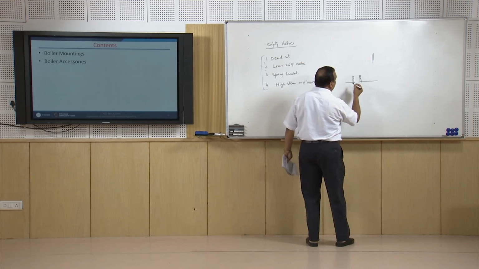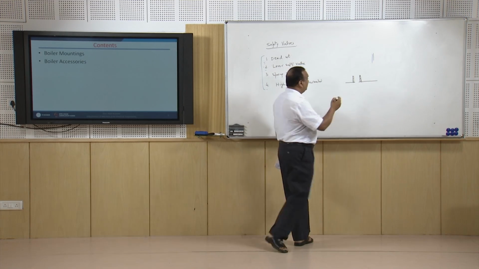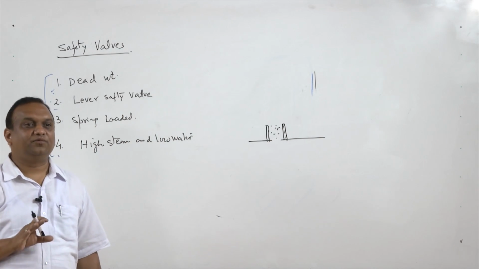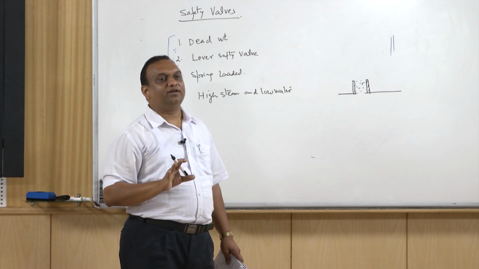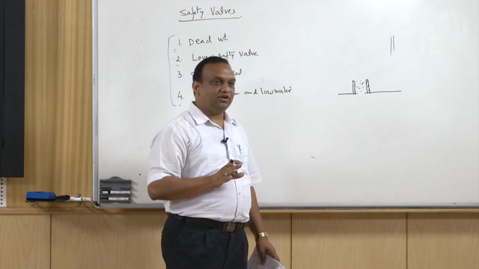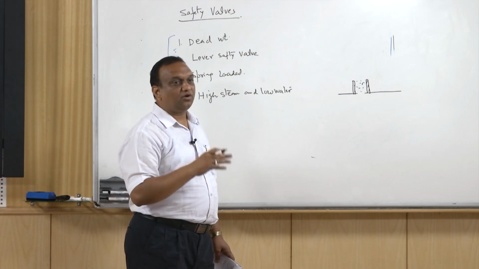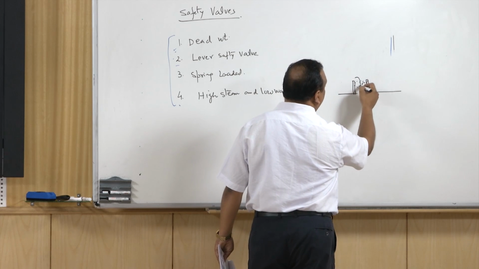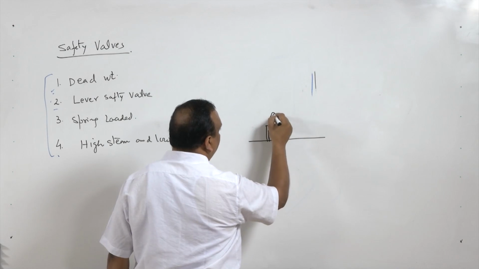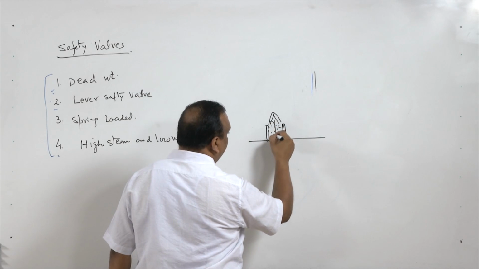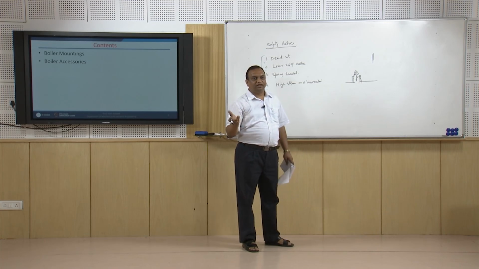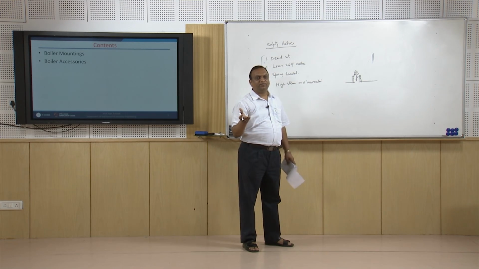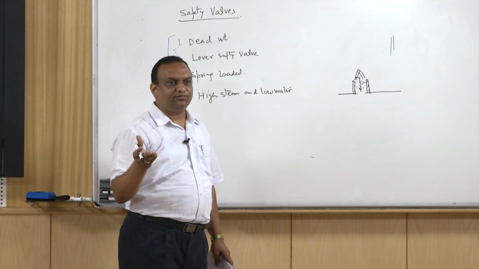So when the temperature exceeds a certain limit, the material filled in this fusible plug melts and water enters the grate, and the fire is extinguished and accident is prevented. But in this case, the boiler will shut down. I mean, it cannot operate in a running boiler. Once this fusible plug is operated, the fusible material, it has a copper cap also, right. So when the material is melted, the water will enter the fire tube, it will go to the grate, or it will take away heat from the fire tube, or the flue gases flowing in the fire tube,